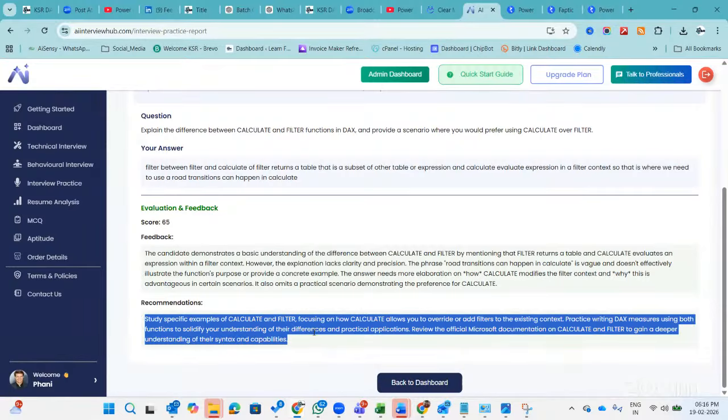Honestly, no human can give feedback on each and every question. Even if I or Indra takes a mock interview with you, he also can't give feedback on each question. Overall, we can give feedback, and you need not depend on someone else. You can simply stay at home in a room alone and take the mock interview multiple times. It will give you confidence while going for the actual interview. Imagine, guys, if you practice 10 interviews here, for sure you will clear the interview.